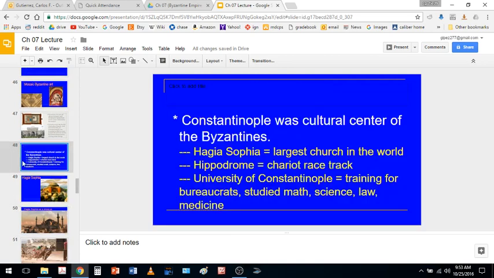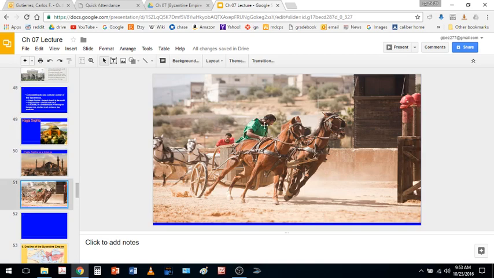So they have the church, they have the university, and here are the chariot racing. It was one of those big popular events. And kind of like how the Romans used gladiator fights and chariot racings to distract the peasants, the same thing was happening here with the Byzantines. Free food and free games and free entertainment to ease the tensions between the different social classes